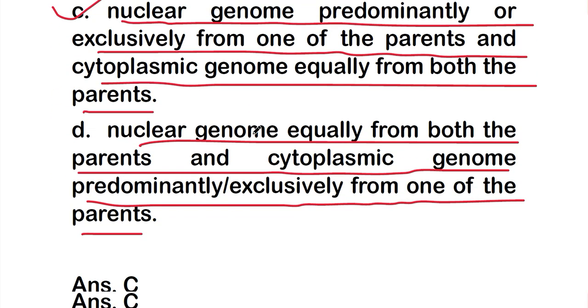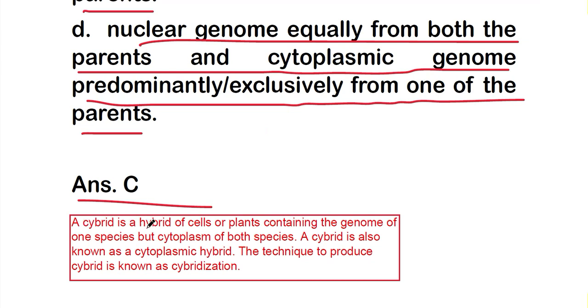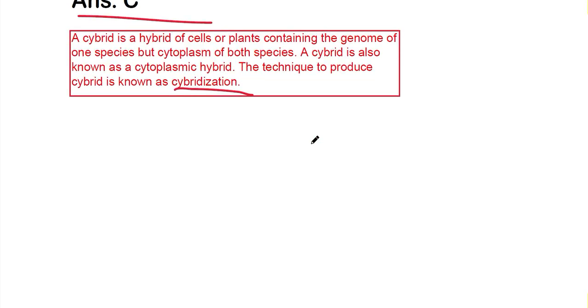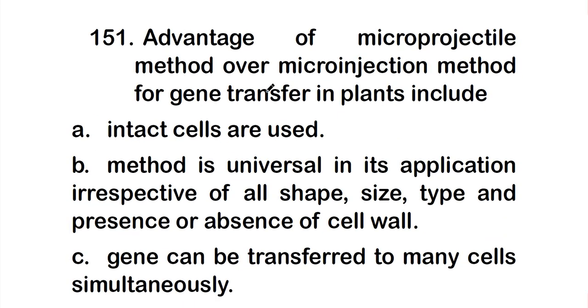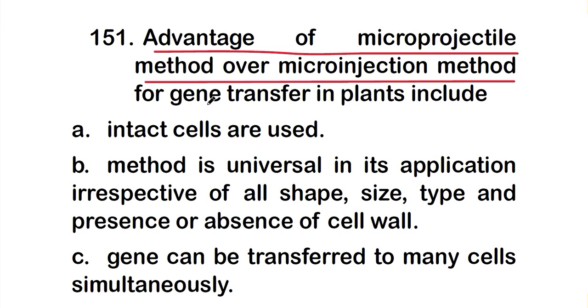Okay, so now we should know what is a hybrid. A hybrid is a hybrid of cells or plants containing the genome of one species but cytoplasm of both species. A hybrid is also known as a cytoplasmic hybrid. The technique to produce hybrids is known as hybridization. Okay, so let's move on to question number 151, that is advantage of micro projectile method over micro injection method for gene transfer in plants include